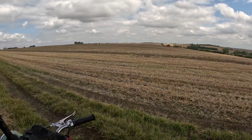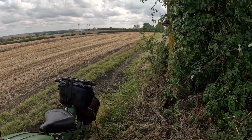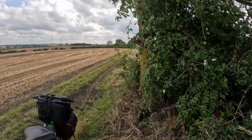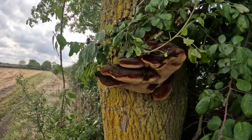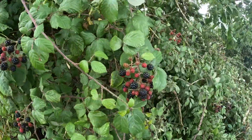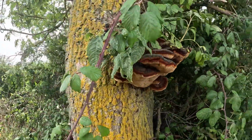Again, I've stopped. The scenery is stunning, and I'm going to go take a closer look at that fungi. Caught my eye as I rode past. Let's go take a closer look. What are we actually looking at there? Look at that. And the countryside's alive with fresh fruit. I'm not sure you could eat that. I don't think I'd be eating that, but